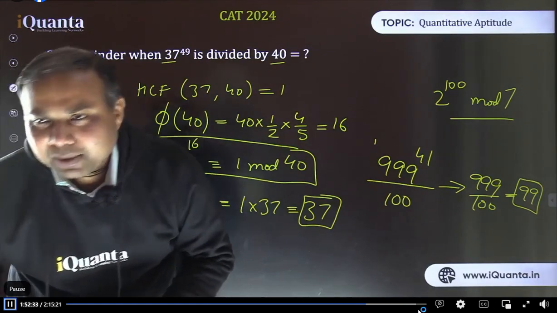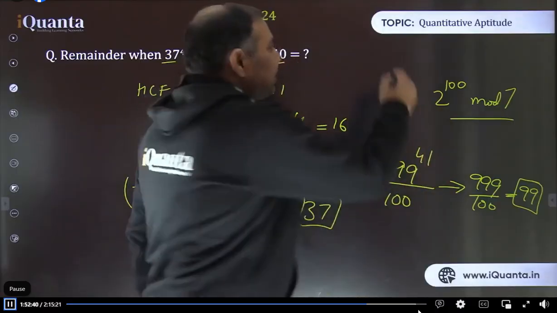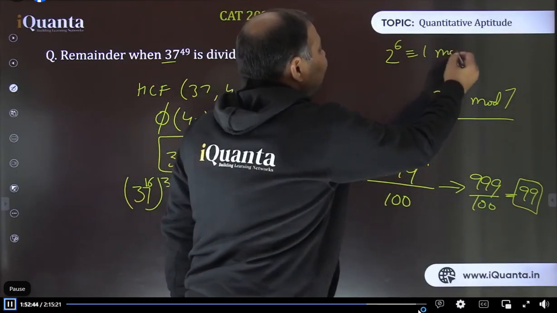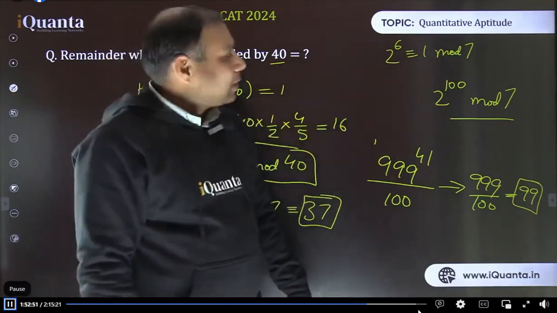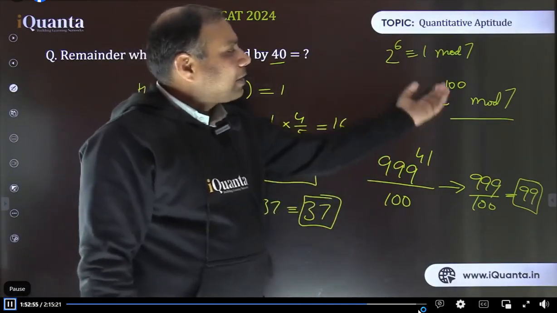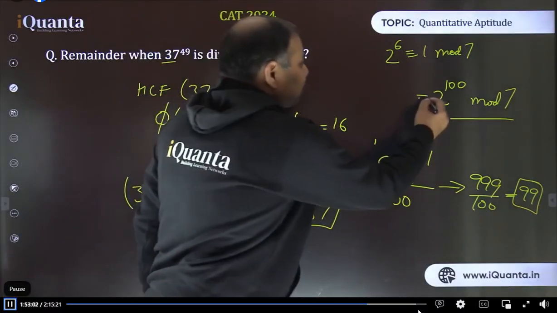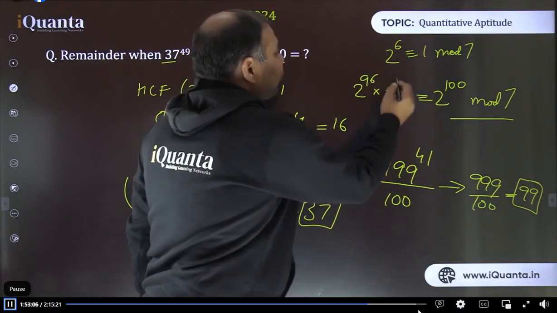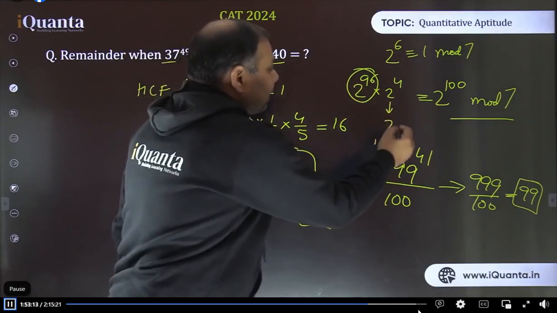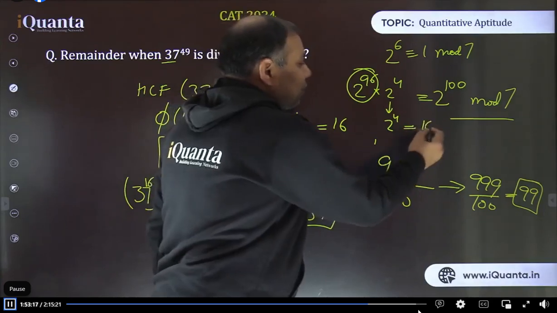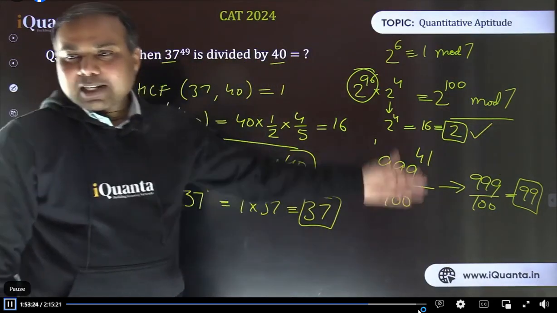Somebody is asking, explain the last step. Okay, Rudra, see here now. Yes, 7 is a prime number, the Euler number here is 6, right? So Euler theorem tells me that 2 power 6 will give me remainder 1 when divided by 7, isn't it? Fine, let's use that. So 6, what is the nearest multiple of 6 till 100? It's 96, right? So I can write this part as 2 power 96 multiplied with 2 power 4. So now 2 power 96 is going to give me remainder 1. So my final remainder will be through 2 power 4 only. Now that you can do easily, 2 power 4 is 16, which upon division by 7 will give you remainder 2. So that is your final answer.